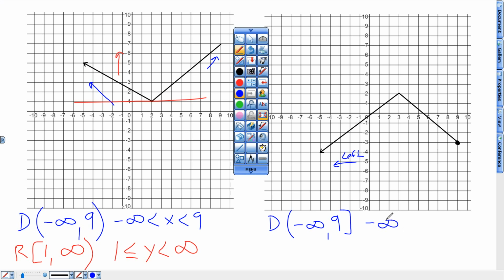Almost done. Negative infinity less than x less than or equal to 9. For the range goes from rounded negative infinity. It's going down, down, down. No bottom to it. Negative infinity down. Anything measured bottom to top going down, negative. Anything measured left to right going left, negative. So this would be negative infinity to 9 square bracket. And then if I wrote that interval,